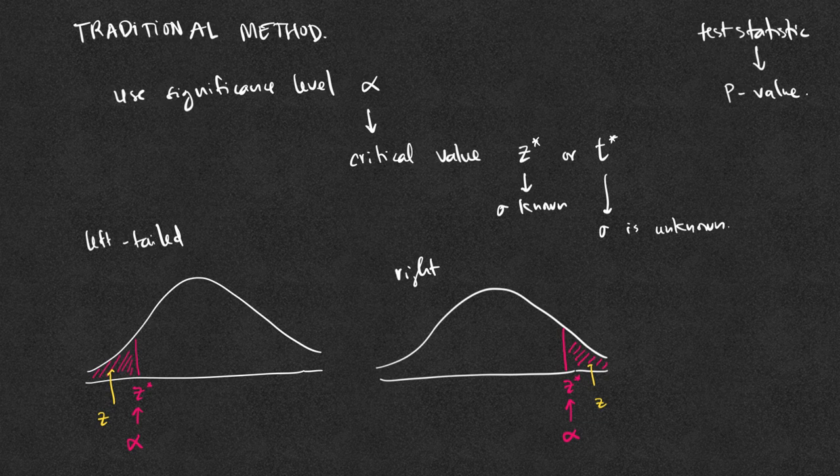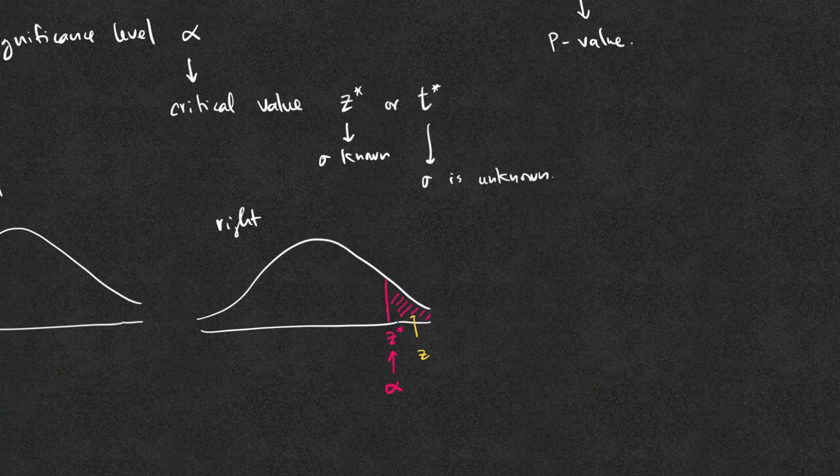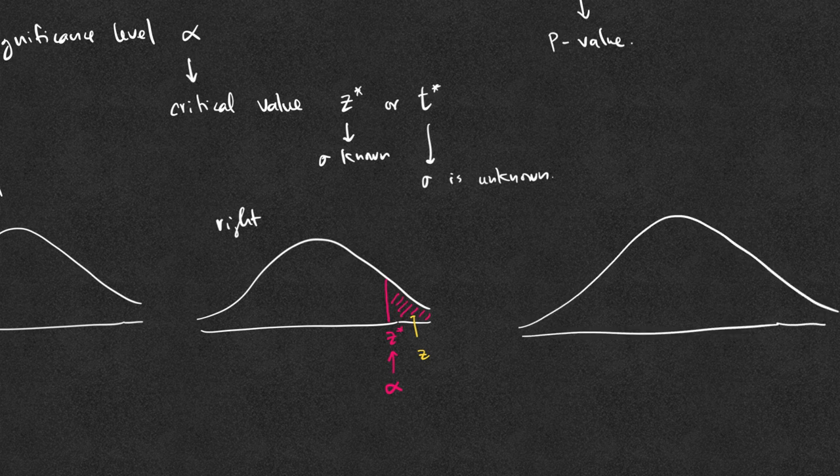reject the null hypothesis. For the two-tailed test, we would split alpha into two. And we still have the normal distribution here. We split alpha over 2. So for example, if alpha equals 0.05, then alpha over 2 is 0.025. Then we would find the corresponding critical value z or t for alpha over 2. And so this is alpha over 2, and we would find the corresponding z star or t star for this